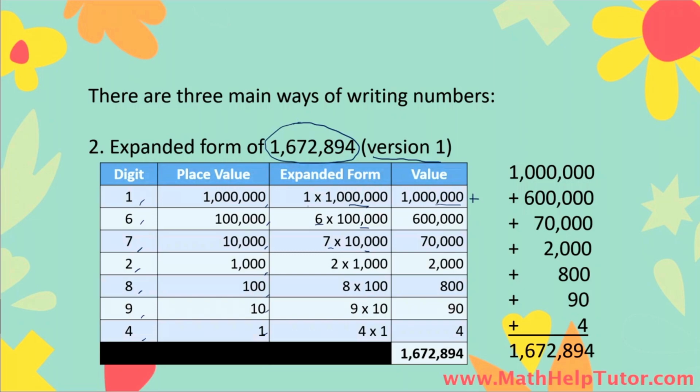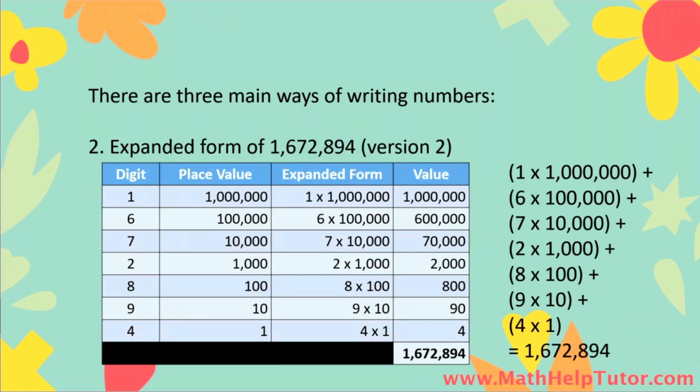to the other values. So we have 4 plus 90 plus 800 plus 2000 plus 70,000 plus 600,000 plus 1 million. And if we sum this all up, if we add all these values up, we get the number 1,672,894. The second version of writing the expanded form of a number is to show not only the addition steps